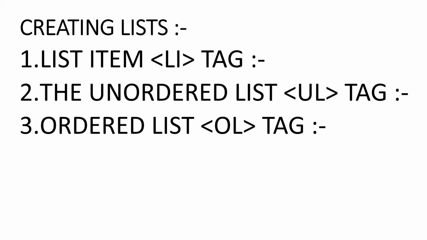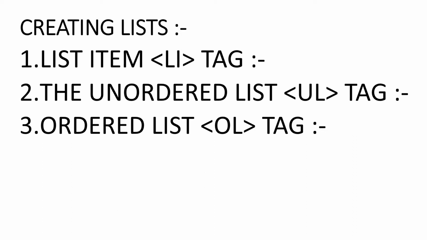First is the list item tag. This tag is used to define each item of the list. This tag is an empty tag as it needs only an on tag but not an off tag. Okay, on tag as in you need not close it by adding the backslash; you just have to add the on tag. Once we define the items using the li tag or list item tag, the list by default will appear in bulleted form in the web browser. Fine, we are going to see each of these three practically.